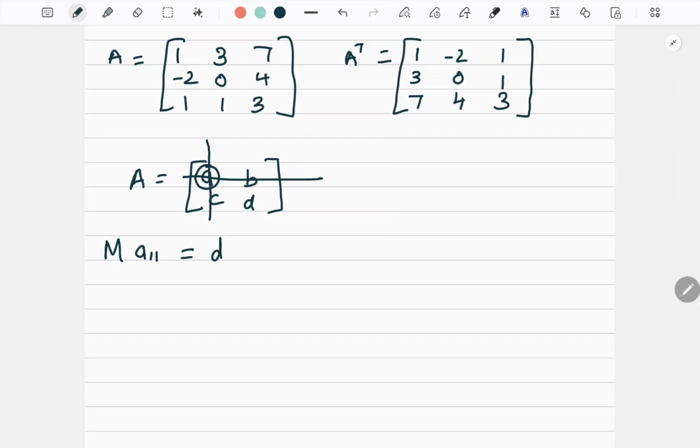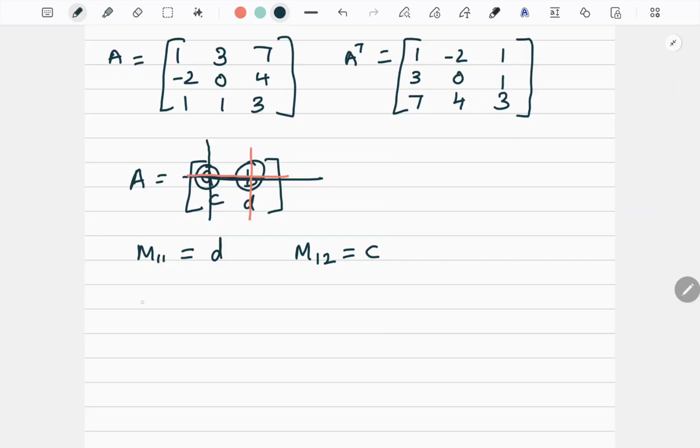Right? So basically minor of A11. So usually instead of A, because A will represent the element, instead of writing it A11, we write it M11. Minor of first element. Okay. So that is D. Now if I want to write the minor of first row, second element, that is B. So what I'll do, I'll hide this particular row. I'll hide this row. Okay. And I'll hide this column. So what is visible? C. Right. So this will be C.